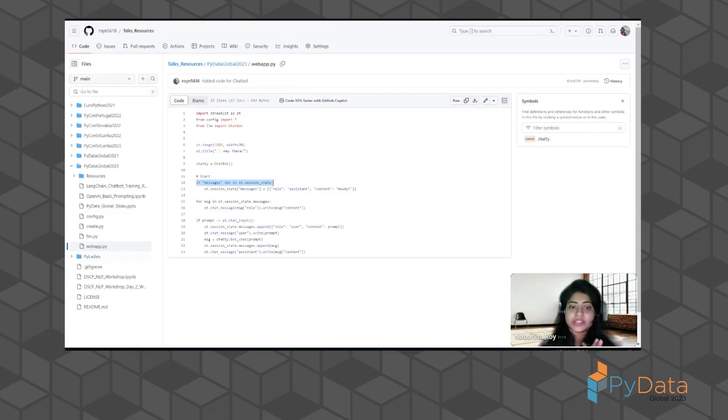If there's a prompt, it writes the prompt, shows it after you press enter, and then sends the prompt back into the previous function that I showed in the previous class. From there it gets the response, and once it gets this response, it again shows it in the front end chat here. Okay. So that's how it works.